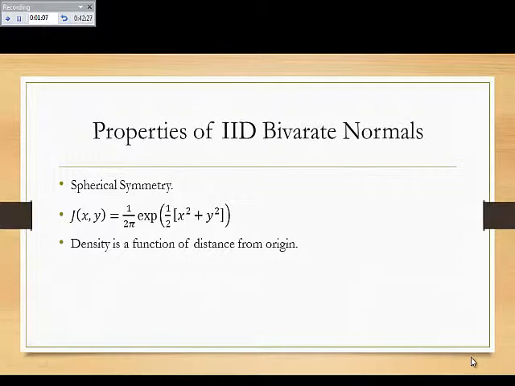So one important thing to note about this is that the density is a function of the distance from the origin. We are talking about the real plane, the Euclidean plane. X squared plus y squared is the square of the distance from the origin. And so basically the density declines, because it's minus 1/2. Technically it is maximum at 0, and at 0 it's equal to 1 over 2 pi. And then because e to the minus x keeps declining with r, the distance from the origin,